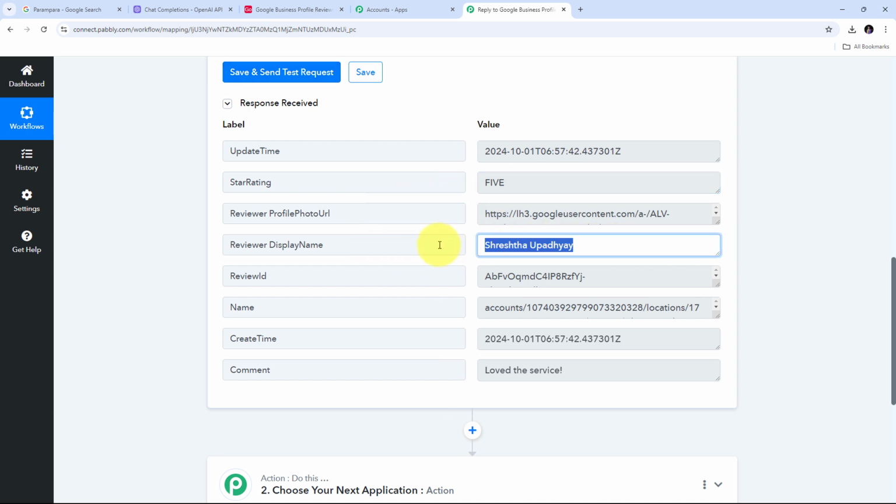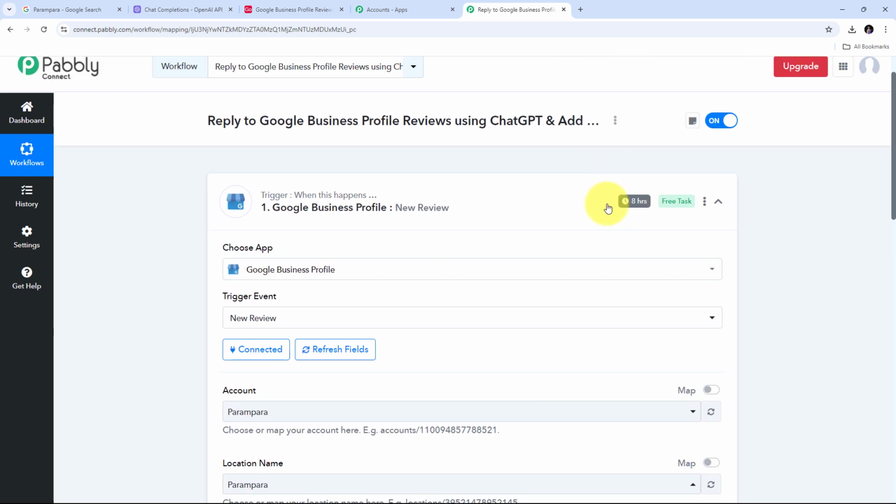I have my reviewer name that is Shrestha Upadhyay. And I have my comment or the review that says love the service. Now here we can see that I have received this response from Google Business Profile. But if you don't receive this response instantly, then you don't have to worry because this is a polling based response. And within the next 8 hours, you are going to receive this response of the new review from Google